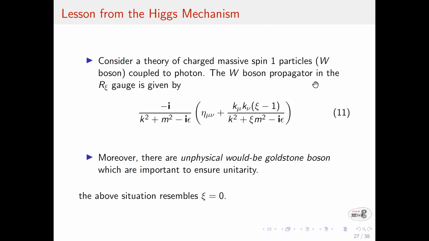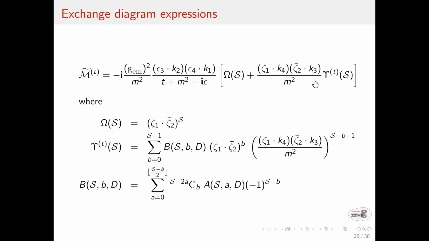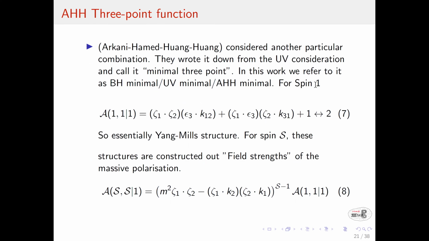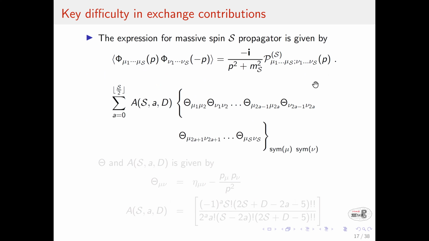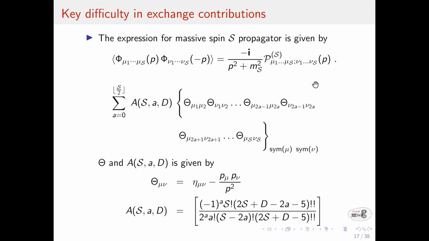If we were doing tree level, which you are right now, that will not resemble xi equal to 0. That will resemble xi equal to infinity, where these Goldstone bosons are infinitely massive. Abhijit is saying that your propagator is allowing unphysical modes, even of the W bosons, to propagate. Correct. Absolutely. If the propagator only allowed physical modes, then you wouldn't have this. And this propagator does not do that job. The propagator we demanded, which I also used in many places, does not do that job. In particular, you can take it for spin 1 and see it does not do the job because it is like xi equal to 0.